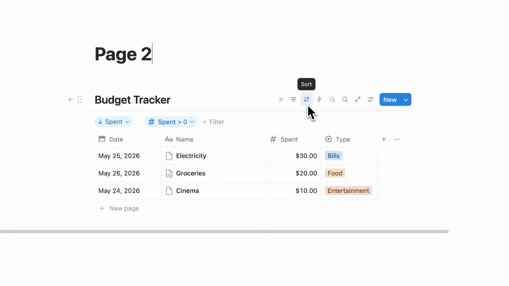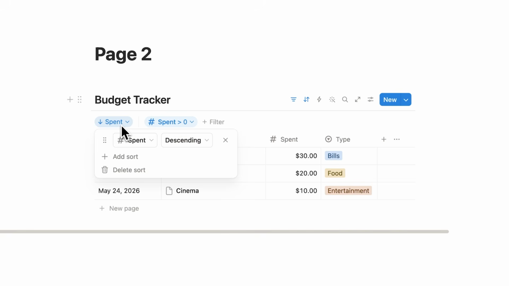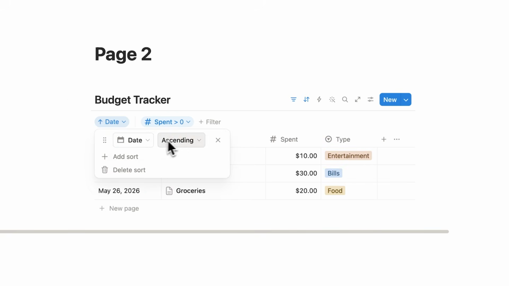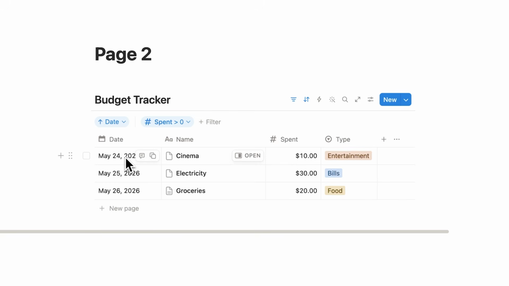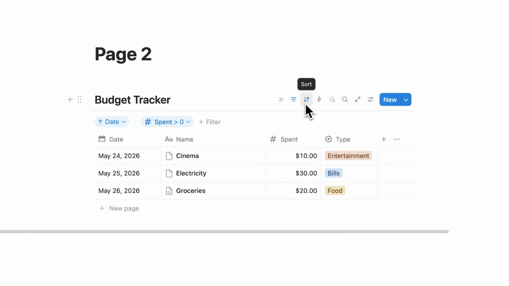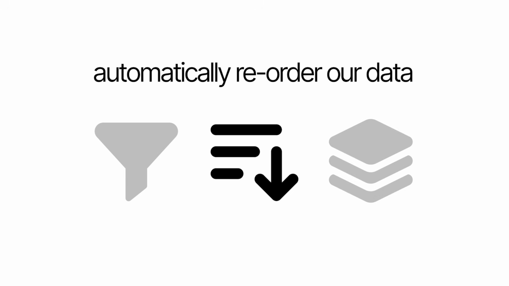But of course, we don't have to sort this by the dollar. We could sort this by the date. So I could change this here to instead be sort by the date. So I have date ascending. So now it goes the 24th, 25th, 26th. So now we are using filters to show and hide data, and we are using sort to automatically reorder our